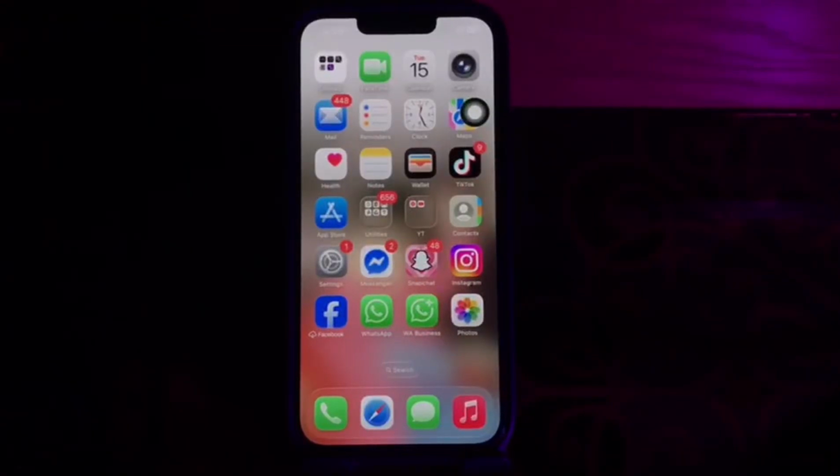So in this video I'll tell you how to fix iOS 26 FaceTime not working. FaceTime is one of the most popular video calling apps for iPhone and iPad users. However, with the release of iOS 26, some users have encountered unexpected issues such as calls freezing, activation problems, or